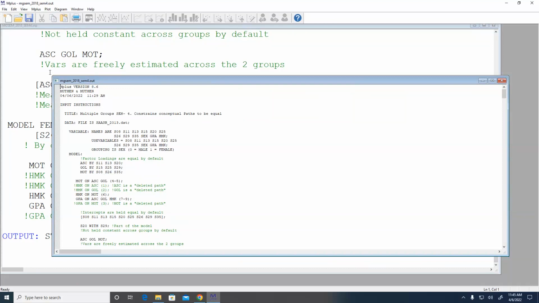So our next model, model 5, we're going to eliminate that goal valuation to GPA path in both groups, right? We've already constrained it to be equal across the 2 groups, which would be my first step. Now I could eliminate it across the 2 groups. So how many degrees of freedom am I going to gain here when I delete this path? 1, because I already constrained it, right? And now I'm eliminating it. So it's going to be 94 degrees of freedom.